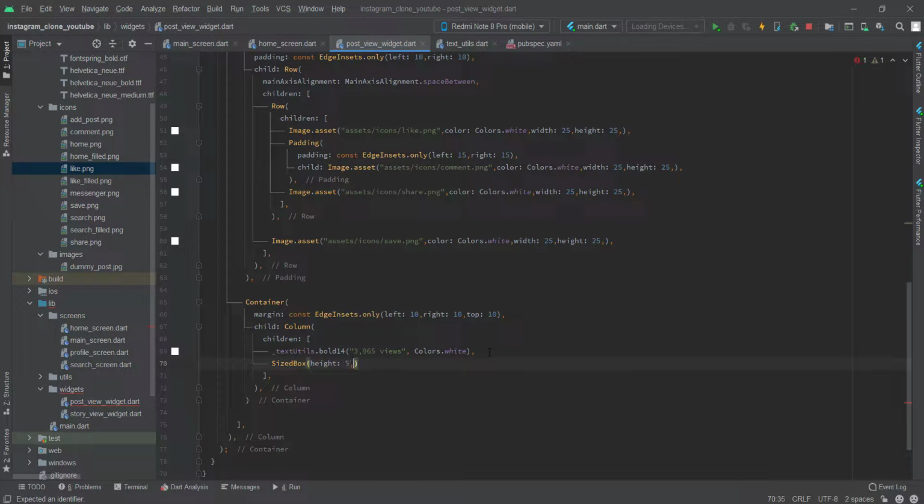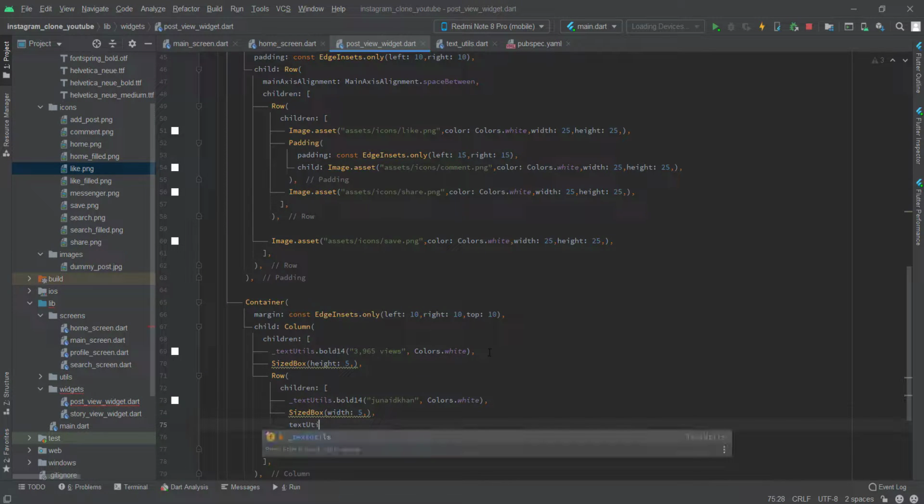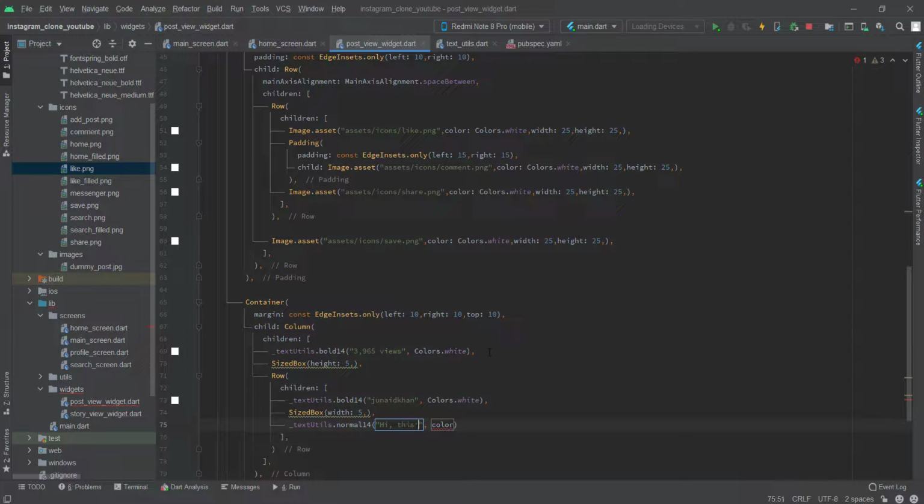Height is like this, height will be 5, and row children, and in the children text utils again, and bold 14 again, and Junaid Khan for the username, and colors dot white, sized box, width is 5, text utils again dot normal 14, and this is the new post for me, colors dot white. Add const,